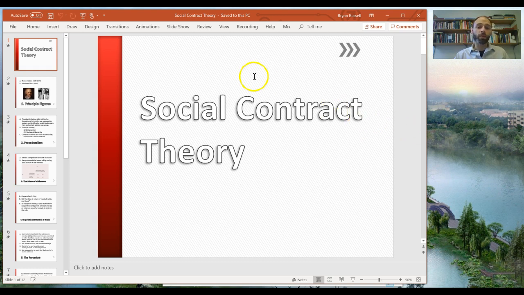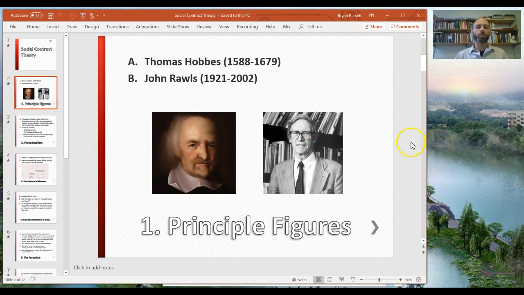So the principal figures that we'll be introduced to today are Thomas Hobbes, a British philosopher who lived from 1588 to 1679, and John Rawls, an American philosopher who lived from 1921 to 2002. Both made significant contributions to this moral theory, but let's get into what the theory is, because that's more important